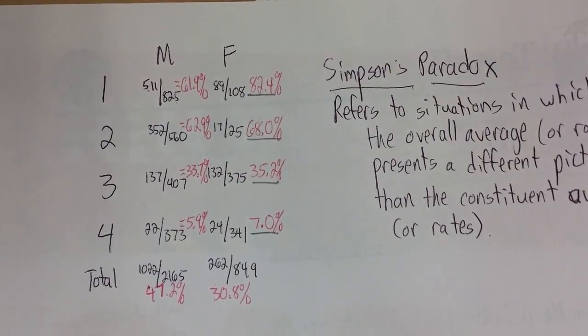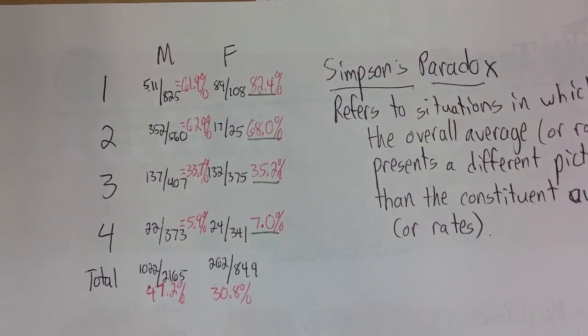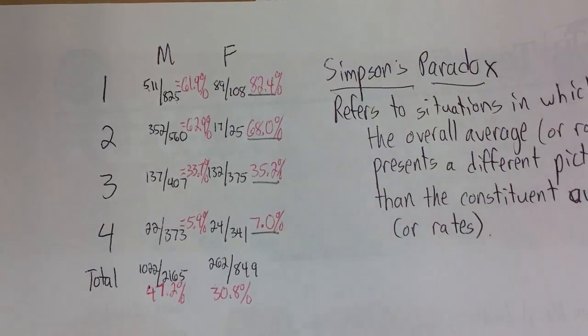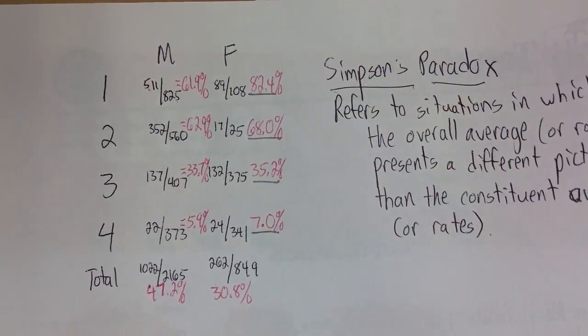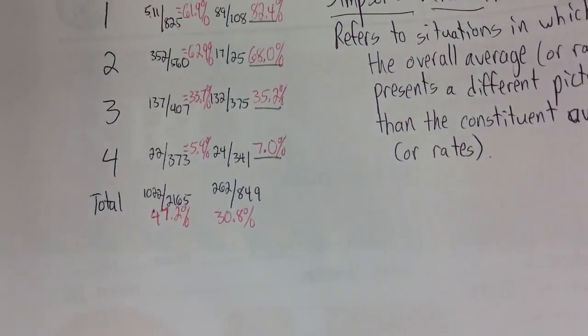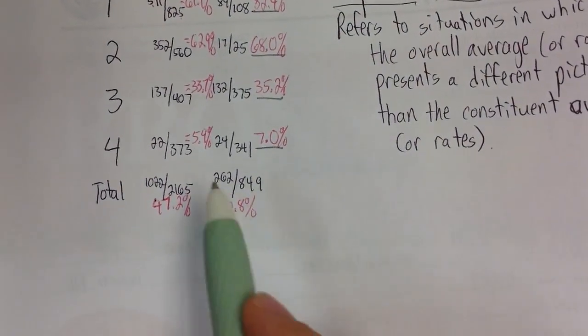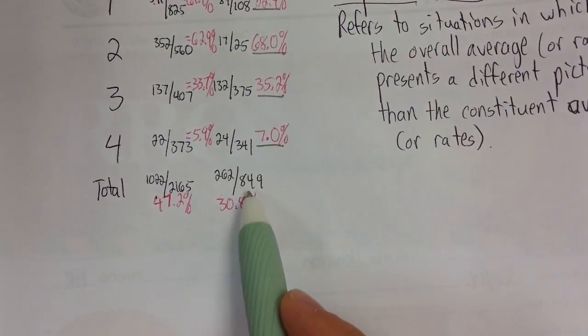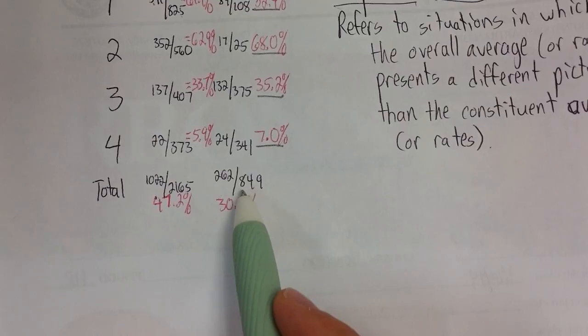Hopefully some of you can see it now. It arises when you have a discrepancy, usually a big one, between the number of individuals in one group and the number of individuals in another group across a category. Some people in the other classes were just looking at these numbers and saying, oh, it's because so many fewer women applied to Berkeley overall. No, it's not that.